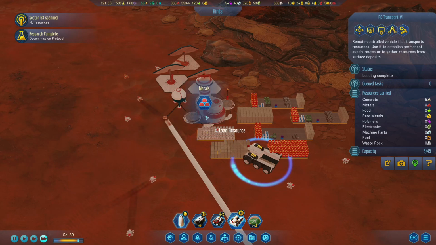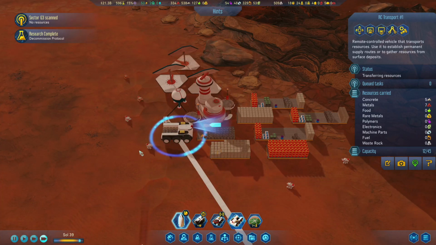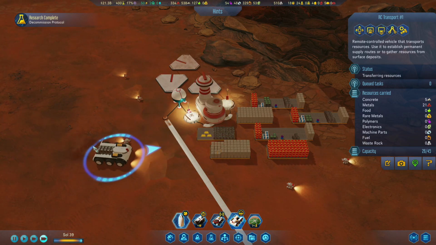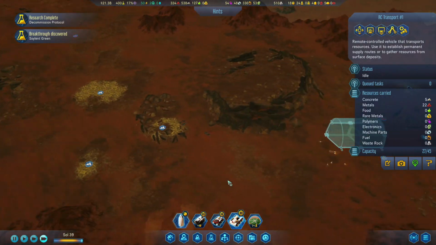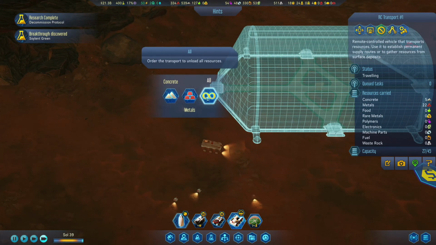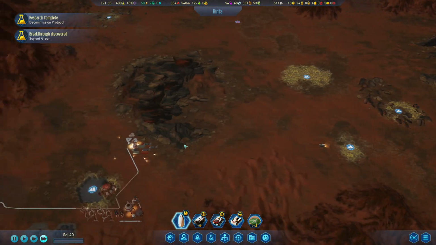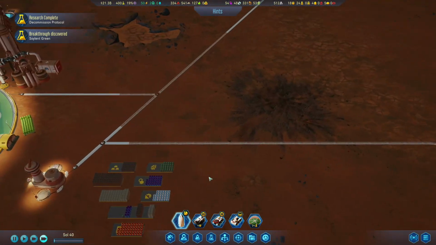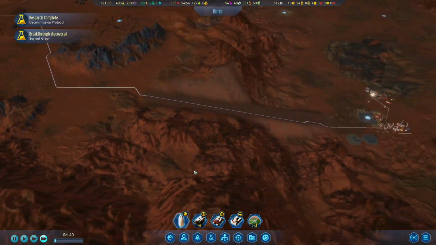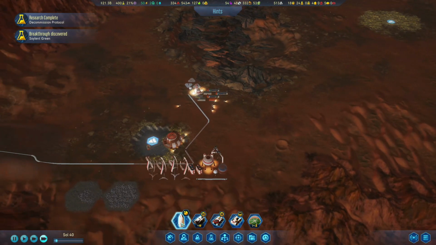Okay, so we need 20 of these. Breakthrough discovered. Okay, so 21. I'll take that. So let's drop off all. It looks like the concrete has been deposited, and now we just need to fetch the polymers. It looks like majority of our polymers are located over in this region. We have absolutely no polymers and stuff over here, so